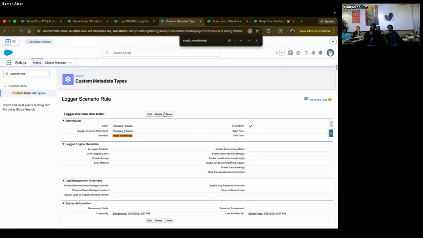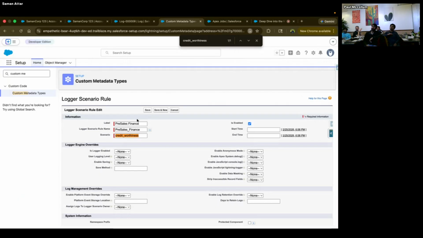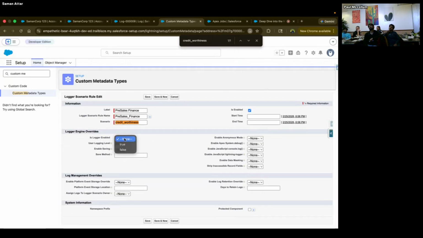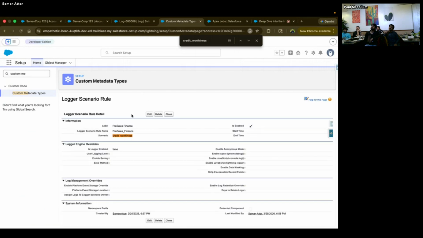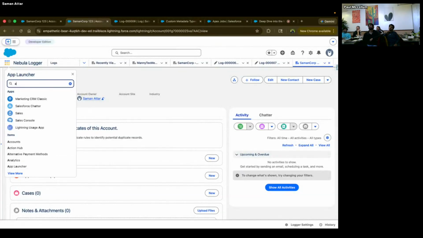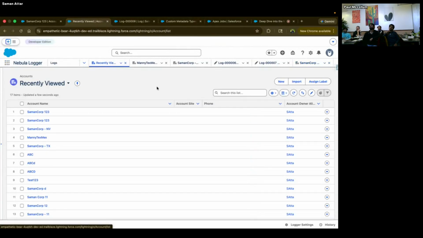Sometimes you want these feature flags, or sometimes you want these loggers to be on, sometimes you want them to be off. And this logger scenario rule gives you the ability to do that. So if I temporarily just want to turn off this log, I can actually go in and turn the logger off just via configuration. I don't need to do a code deployment. So when I do that, and again, I go back and try to create another bad record,